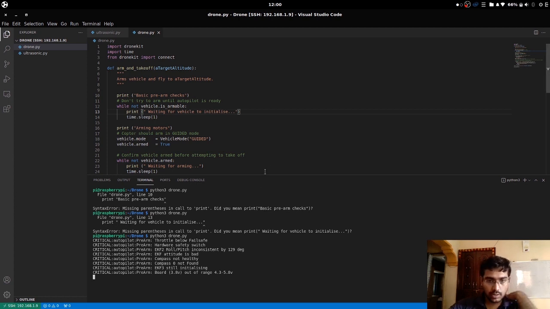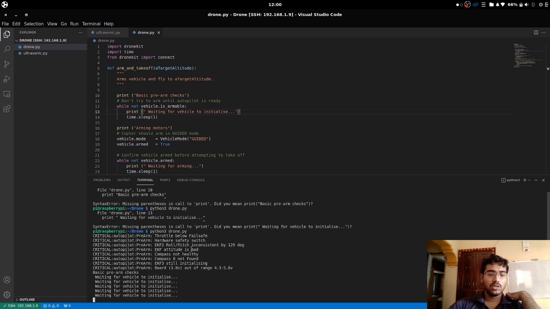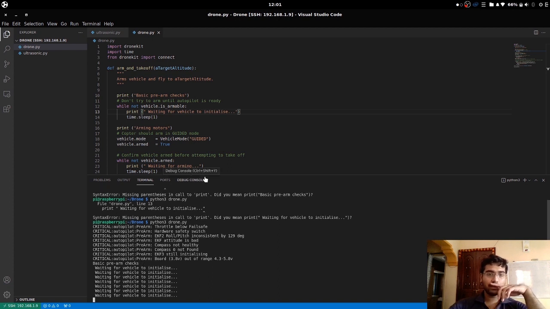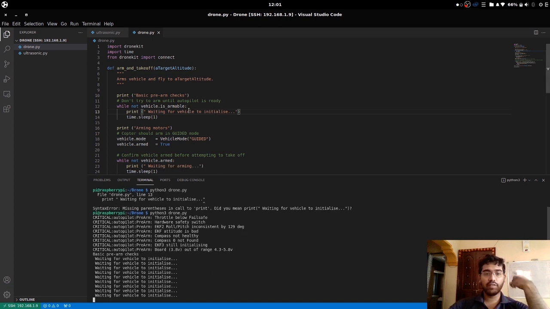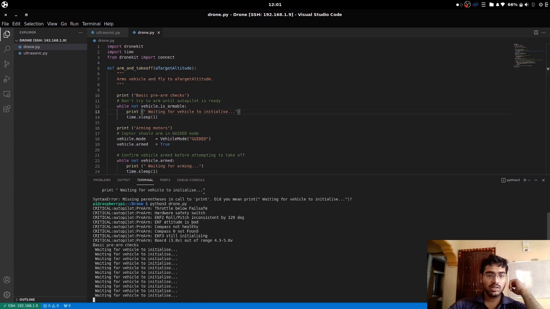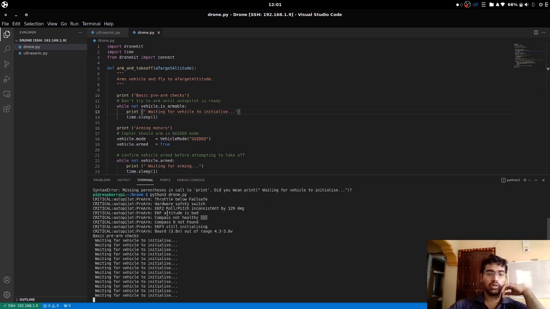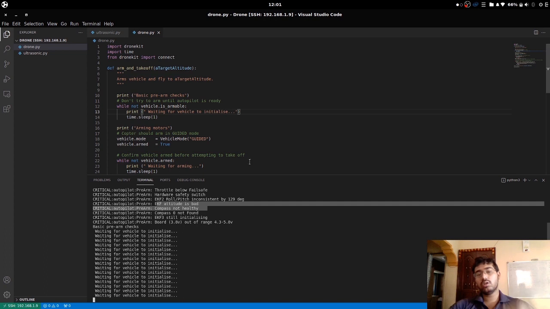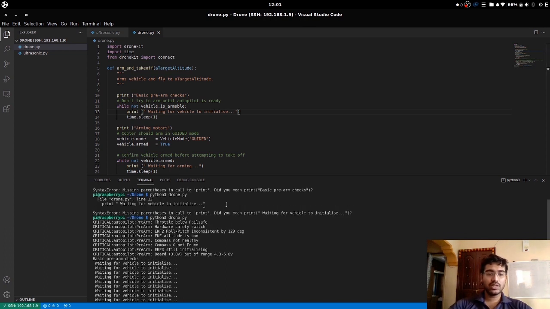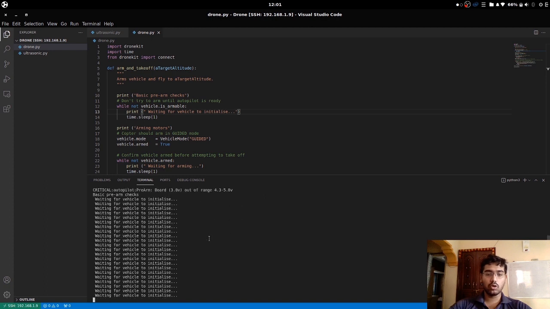You see it's working. Something is happening: waiting for vehicle to initialize. At this particular point of time, it keeps waiting for it to initialize because my vehicle is not armable. It has got these particular errors like compass is not healthy, compass not found, and whatnot. And plus you need a good GPS lock. So this has to be tried when you're outside your house only.